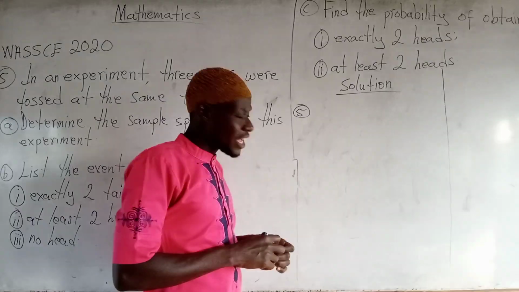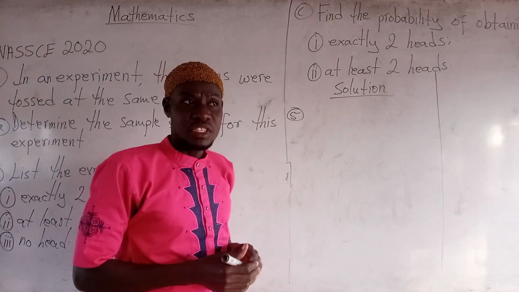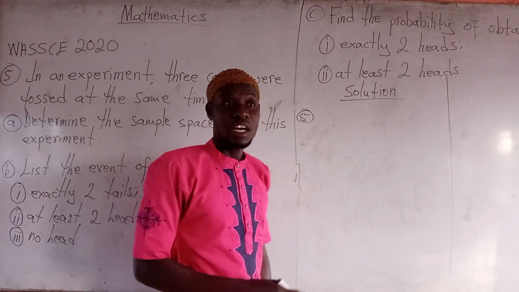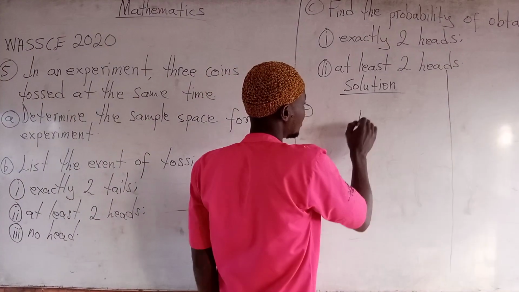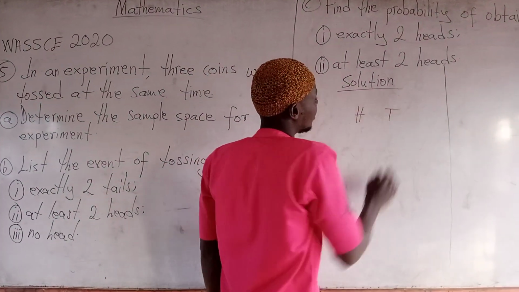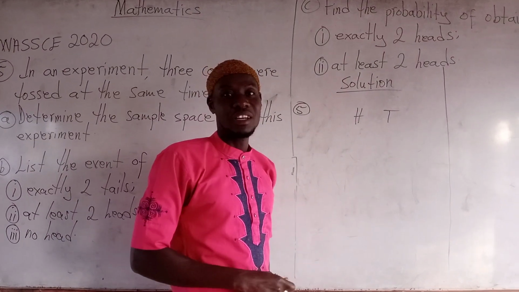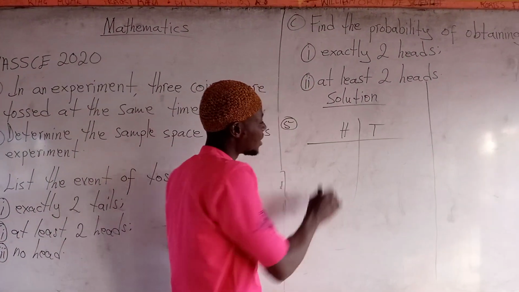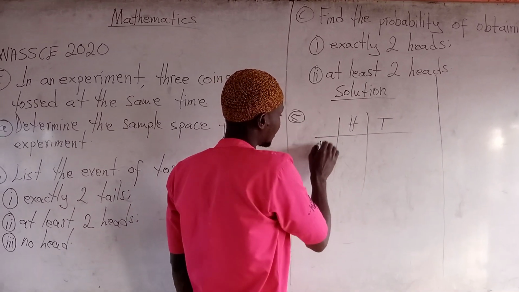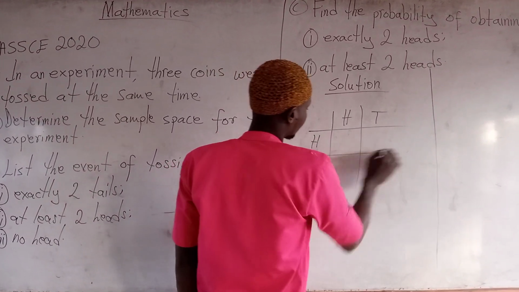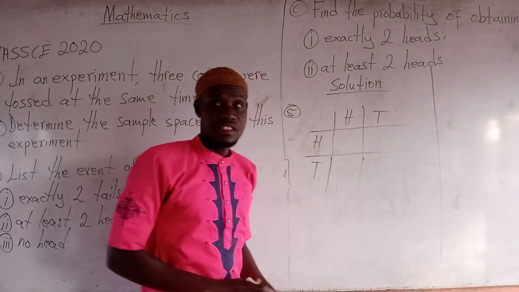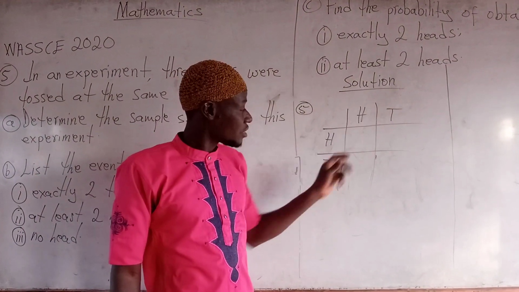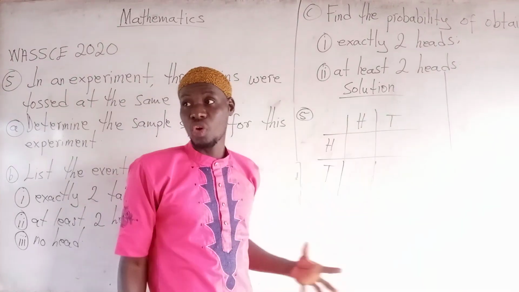We all know that a coin has 2 faces, which we usually label head and tail. If you have 1 coin, head and tail, and another coin, head and tail,